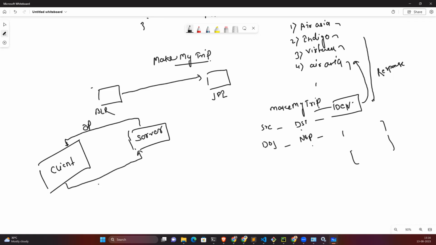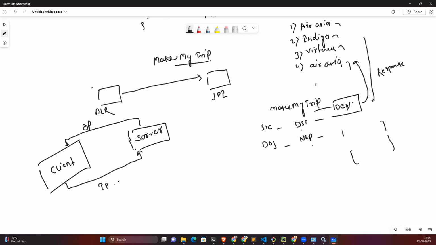So this is called output and this is called input. That's the thing. Now just try to understand there are two things called client and server. Similar architecture: this is the server, and when you are sending the request to the server, the server is saying send me the request in some certain format.